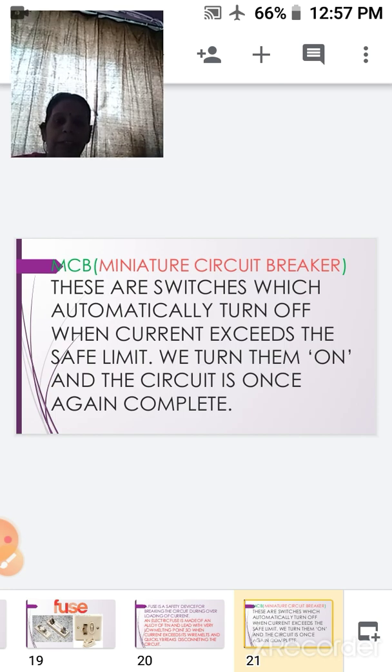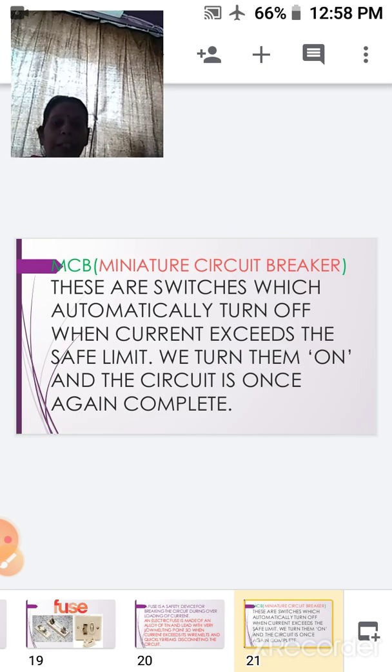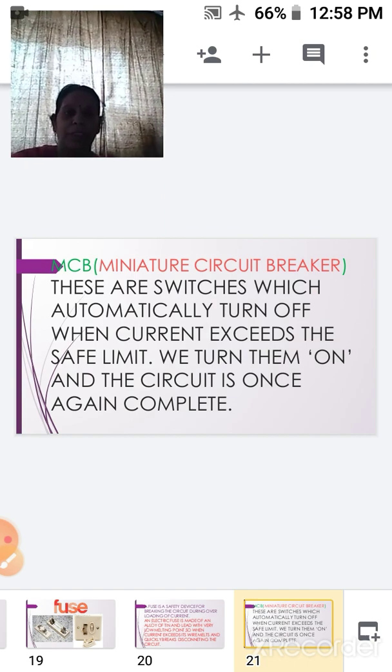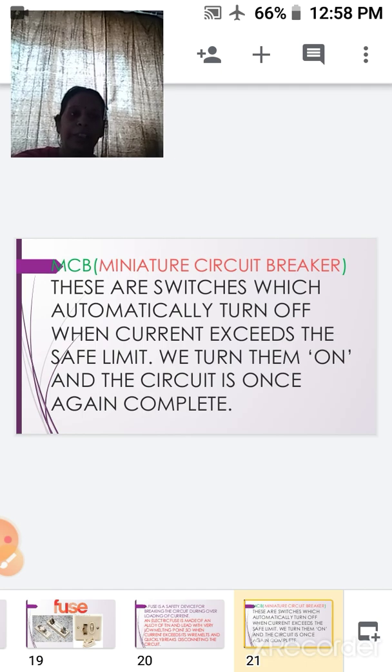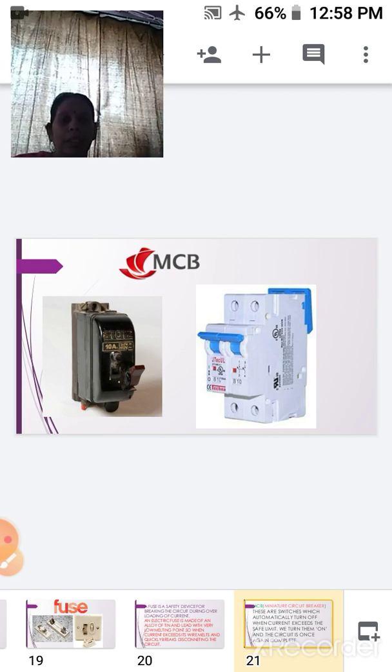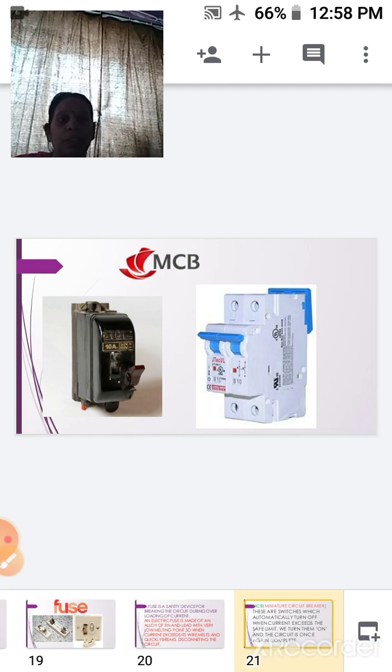So here automatically it trips and the circuit is stopped, the flow of the current is stopped, and in that way we can prevent the damage of our electrical appliances. This is the picture of the MCB. I hope all of you might have seen it, but in case you have not, you can see it on the screen.